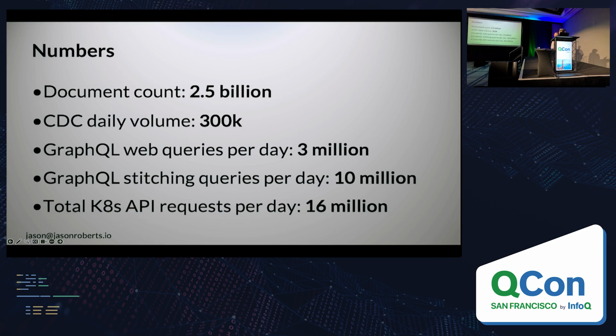And why do we need to be able to scale? So these numbers here are indicative of what we process on a daily basis in the system that we are running today. Except for the top one, that's total. The rest is total, daily. Yeah.